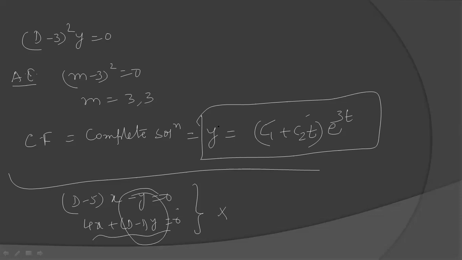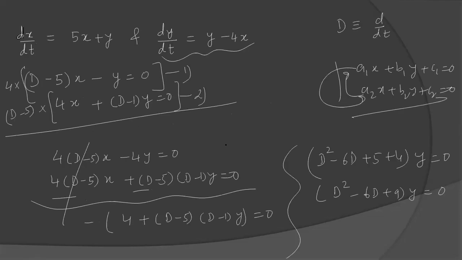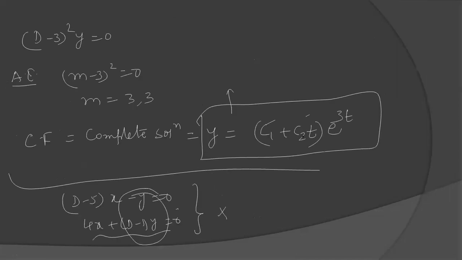So how will you find it? You just substitute y in one of the equations and find x. For finding x, never put the value of y in the equation where the derivative term of x is present. See that equation where simply x is present, meaning there is no derivative term. So equation 2 is good for substitution of the value of y. So x will be, see equation number 2, dy by dt equals y minus 4x. If you solve for x, x will be 1 by 4 times (y minus dy by dt).